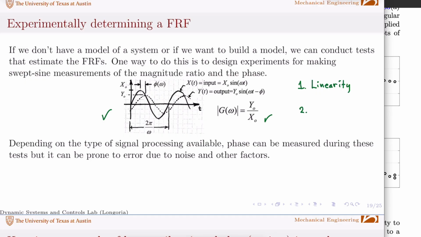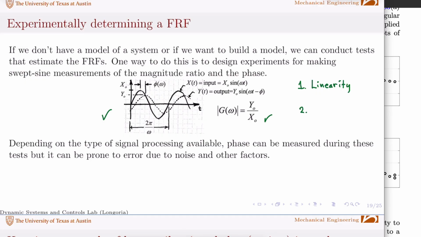You can still do sinusoidal testing, and you can sometimes approximate nonlinear systems as linear. You might look at operation about a small point, with small motion, and you could study a nonlinear system around different operating points, and they could behave linearly. The other thing is, and I'll refer to this in a couple of examples,